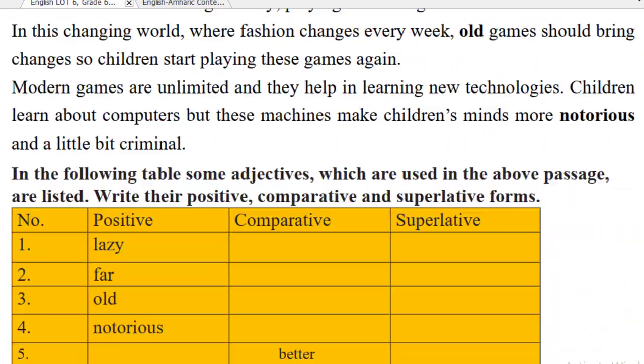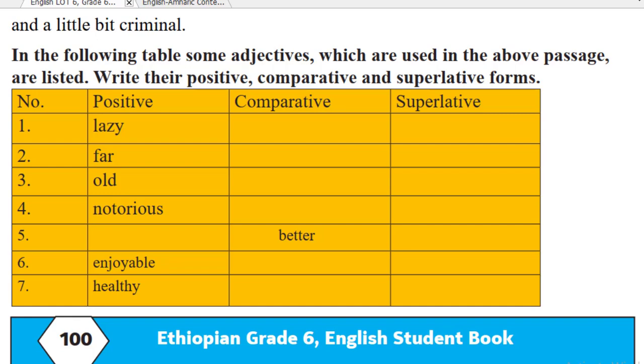So now it is time to just write their comparative and superlative adjectiveአቸውን እንድጽፉ ነው እዚህ ጋር አክቲቪቲ የተሰጠኝ። The following table, some adjectives which are used in the above passage ላይ የተቀመጡ are listed. Write their positive, comparative and superlative ፎርማቸውን ጻፉ ነው የምትባሉት። እኒህን እንግዲህ comparative እና superlative adjectiveአቸውን እንጽፋለን ማለት ነው። Okay, the first one, lazy ይላቸዋል። Lazy አንዱ positive adjective ነው። Comparative ምን ይሆናል? Lazier ይሆናል። Lazier በዋይ ጨርሶ ከዋይ በፊት ኮንሶናንት ካለ ዋይ ወደ አይ ተቀይሮ er እንጨምራለን, lazier ይሆናል። Superlative ደግሞ laziest